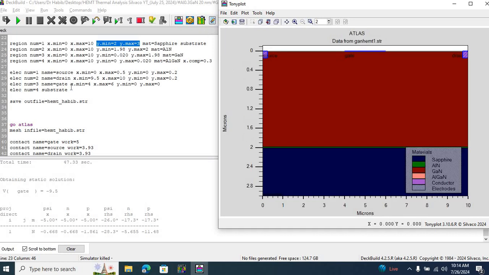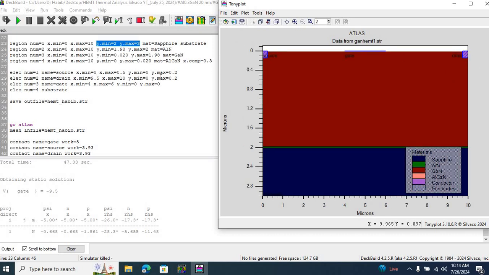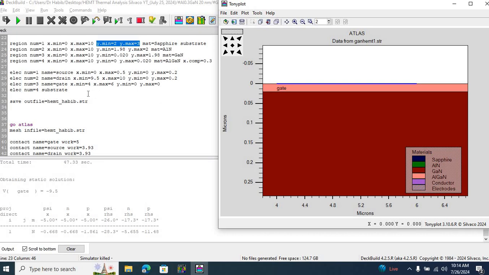After that, I have introduced the electrodes. My source is running from 0 to 0.5 in the x direction. This is the source region, and from 0 to 0.2 micrometers in the y direction. Similarly, I have introduced the drain over here, running from 9.5 to 10, and from 0 to 0.2 in the y direction. Similarly, I have introduced this gate electrode, running from 4 to 6 micrometers in the x direction, and